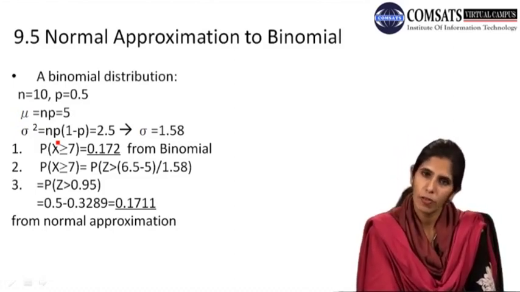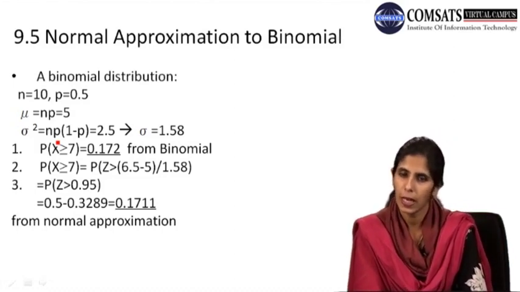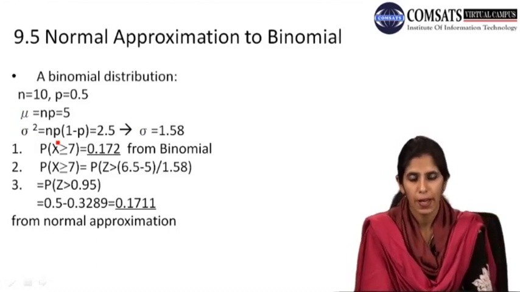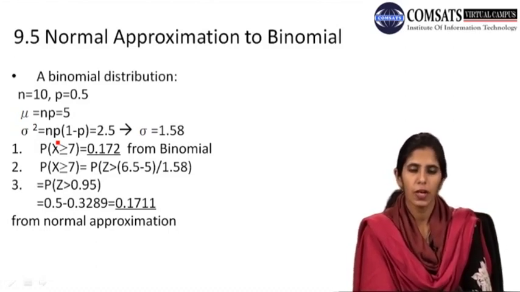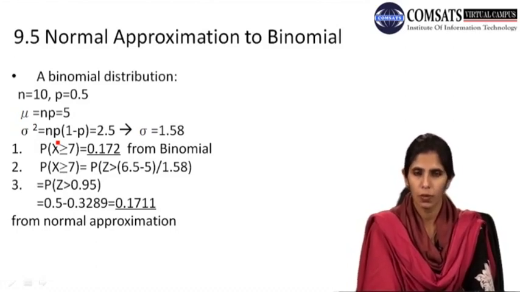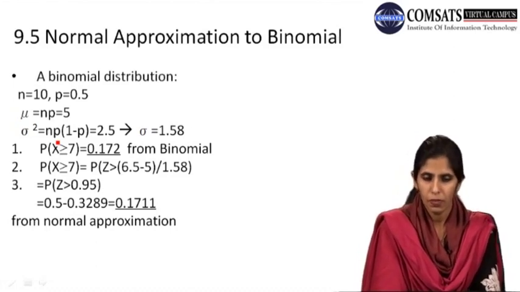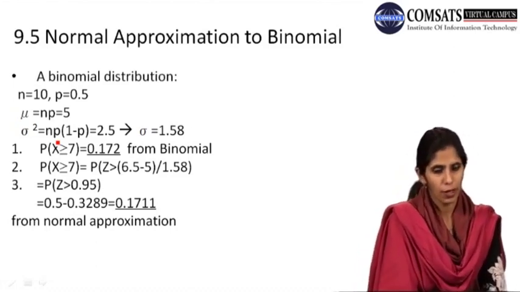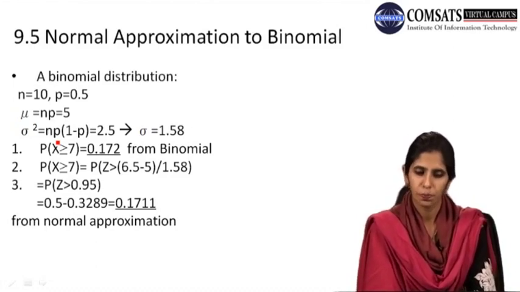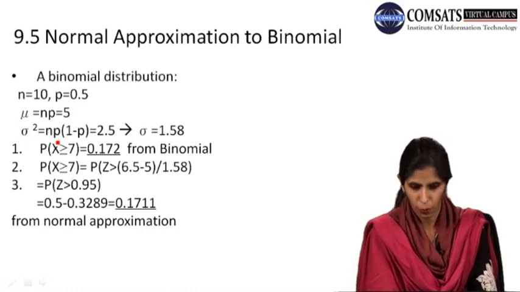P is the probability of success and q is the probability of failure, where probability of failure can be calculated by 1 minus probability of success, which is 1 minus p. So if we are given p equivalent to 0.5, then q is definitely equivalent to 0.5 again. So mu is equivalent to np, which is 10 into 0.5, which is 5, and sigma square is npq, which is 10 into 0.5 into 0.5,